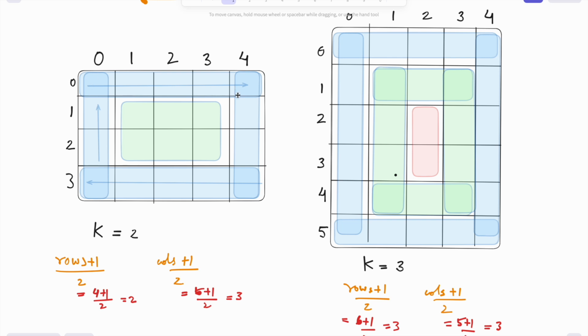See over here, it is 1, 2, 3, 4, once. We're doing these 4 operations once, and then we're starting 1, 2, 3. So this is the second time. That means it has 2 layers, so k in this case is equal to 2. In this other case, we will go 1, 2, and 3, so that is 3.